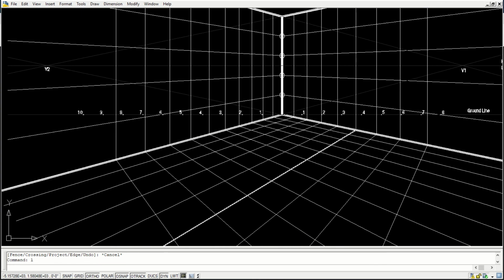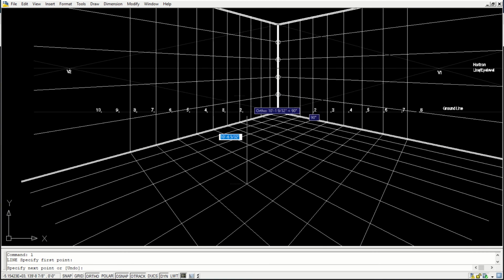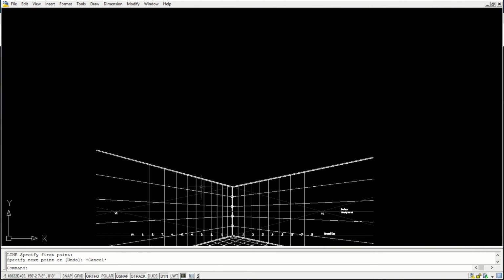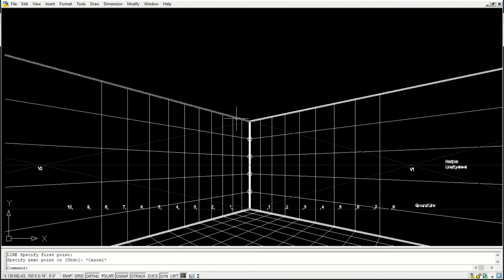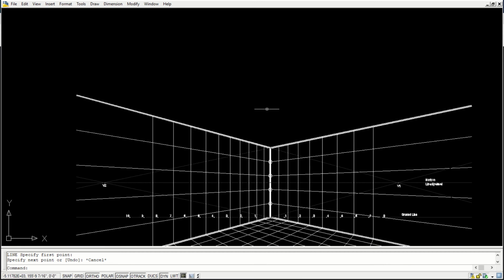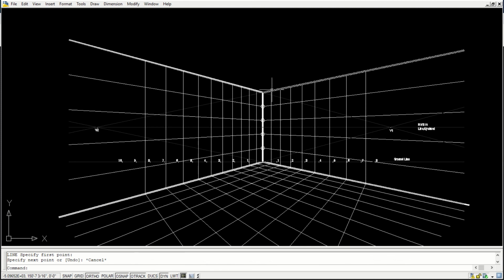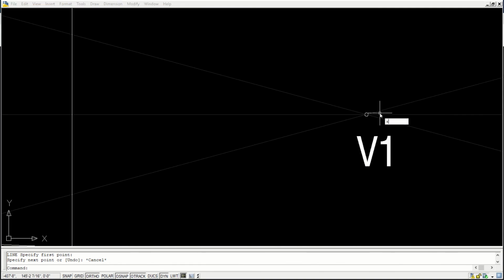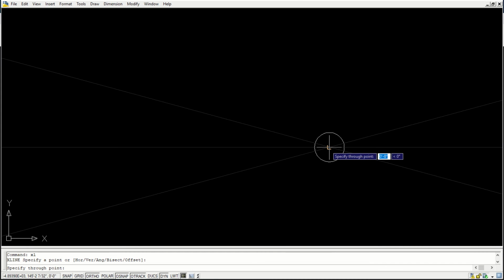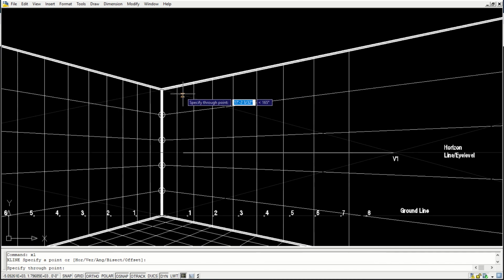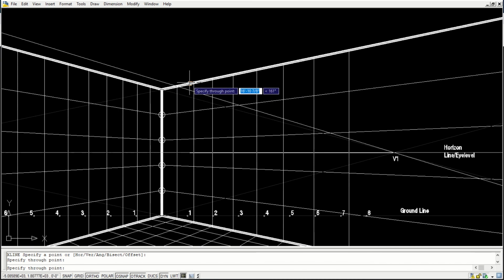Let's say if you want to construct something here, everything should be based on the grids. I'll also add the same thing for the roof, so that we'll have grids, for making it easy, right?